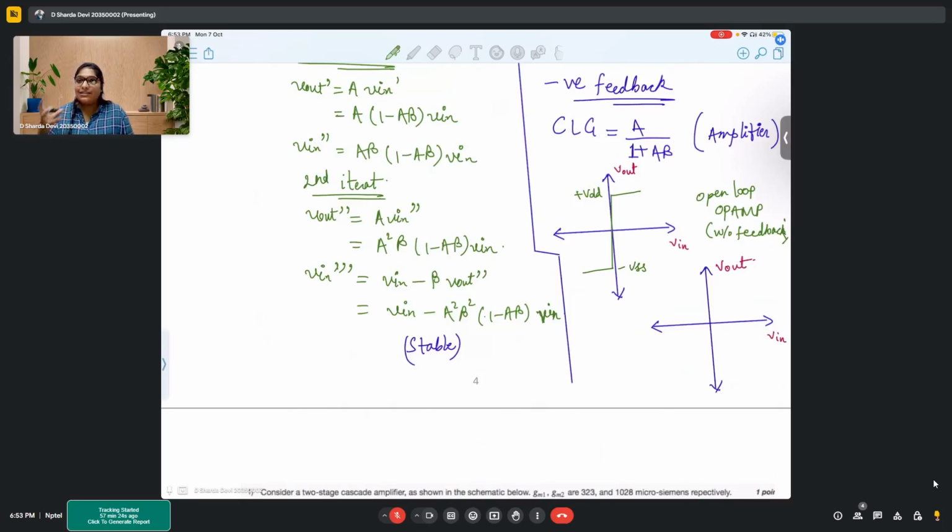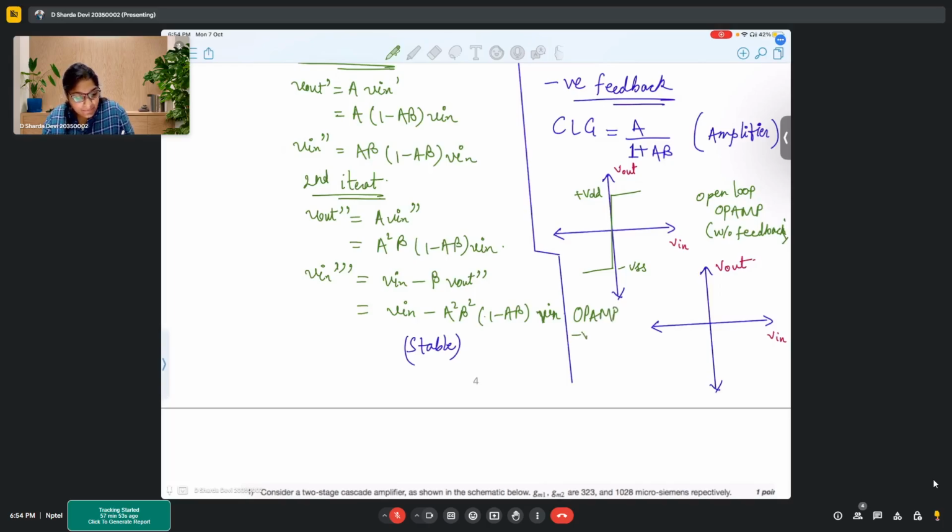So to get that range, and if you want a sine wave to give you an amplified sine wave as output, imagine how small that input should be. It should be somewhere like 10 femtovolts or even smaller. Correct. But when you have an op-amp with feedback,